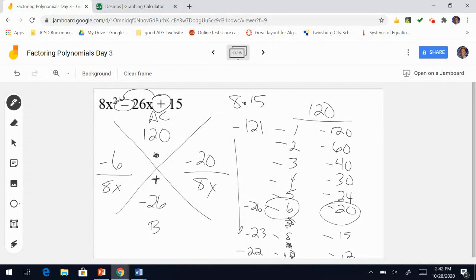Now what's going to happen here? Both are going to simplify. They're both even. That's why I'm saying both will simplify. If I take a factor of 2 out of 6, I get negative 3 on top, and I get 4x on the bottom. And here, these both have a factor of 4. So negative 20 divided by 4 is negative 5 on the top. And then 8 divided by 4 is 2x on the bottom. So now I simplified these fractions